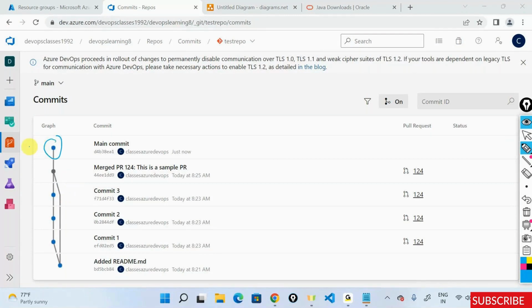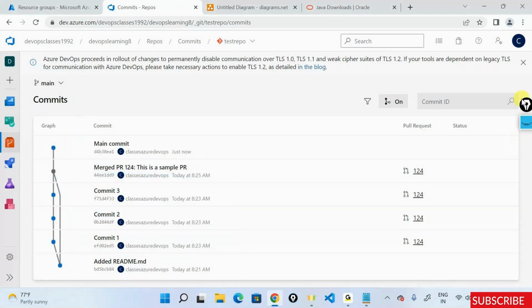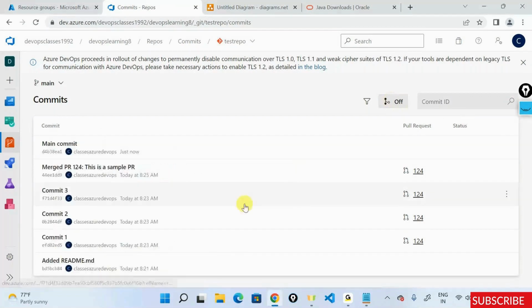If it's not, then it will pull something parallel line out here telling, okay, fine, the development has happened. All these things were on the feature branch. Finally, you merge the PR into the main branch, and finally, there is one commit onto the main branch out here. Again, this is the tree, or this is the branching structure. So you pulled out a branch, did all these things out. If this is confusing, just click on the off button here, which will give you a linear history telling what exactly that you did and all that stuff.